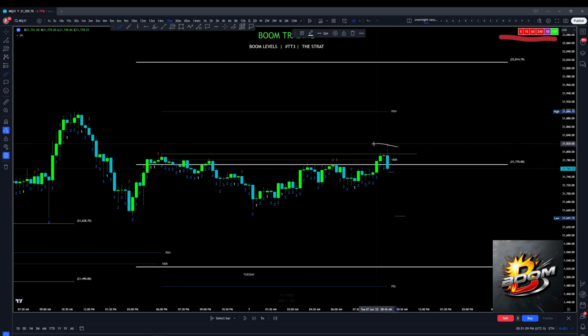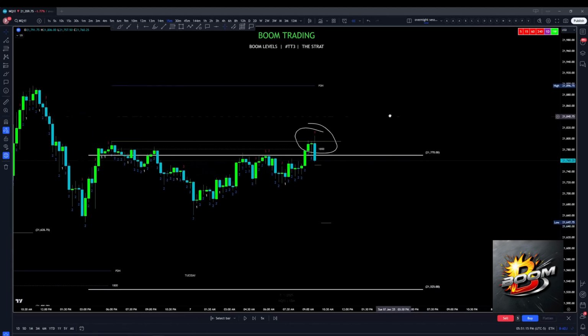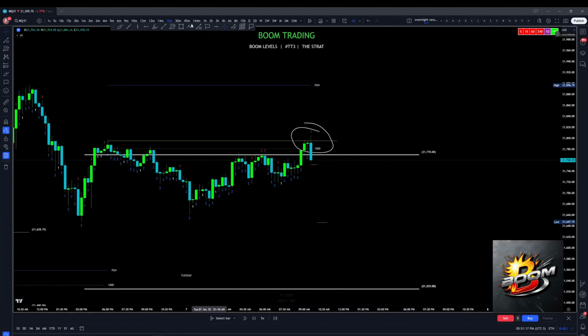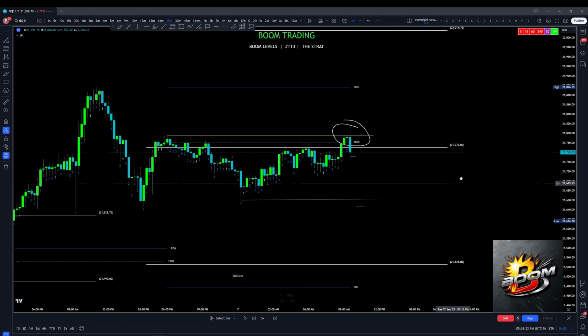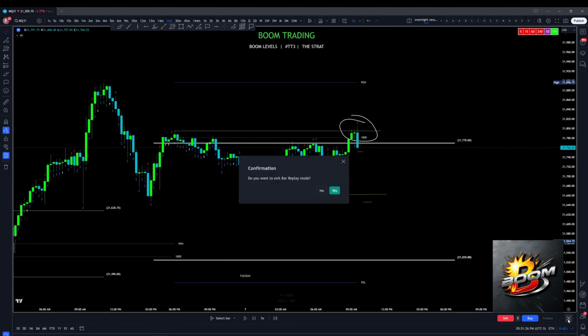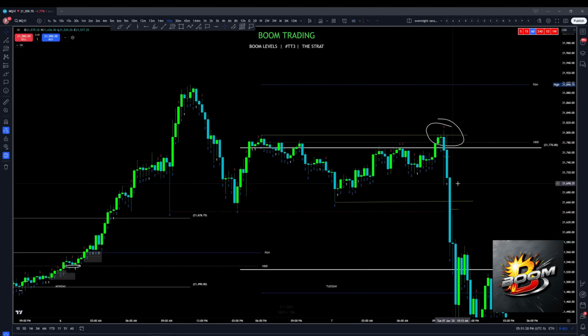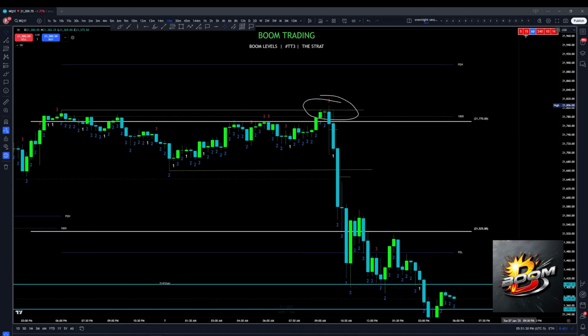Second thing, on the 15-minute, we had a failure to close. Failure to close is a very, very powerful market structure sign that they want to take the other side of the range, which would be down here. So we can use our price action to stay in something like that. Let me get us out of there. So we saw our time frame continuity flip. We are holding the